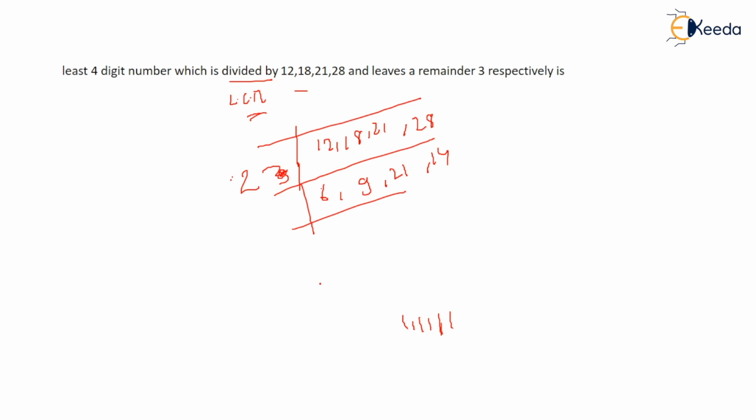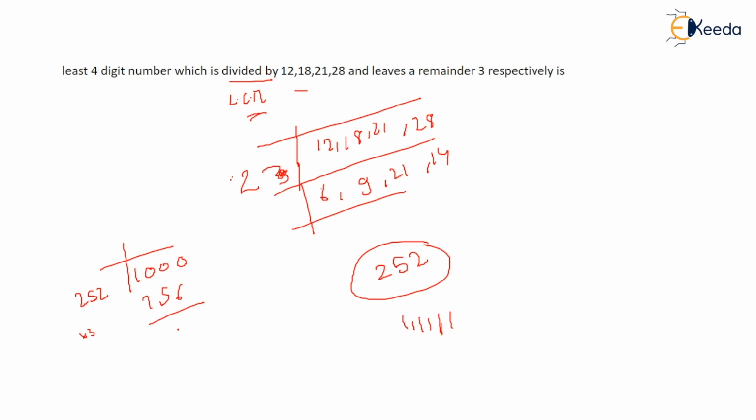That was our basic principle. So after solving the entire thing, what LCM do we get? We get 252. Okay, 252 we get as the LCM. Means this is the lowest number that can divide all these. So after that you have to divide this 252 into the lowest 4-digit number, that is this. After dividing this, the last number that can be divided is 756. Okay, this is the last number that can be divided, right?